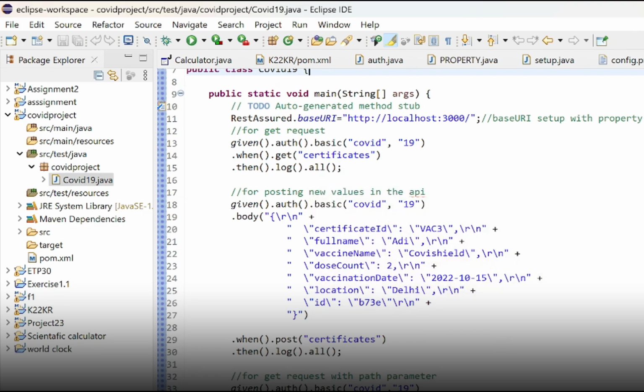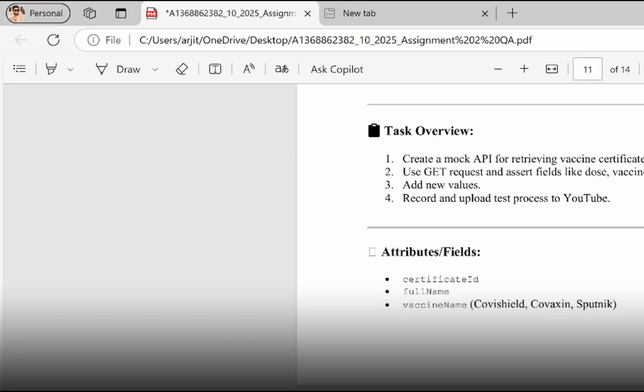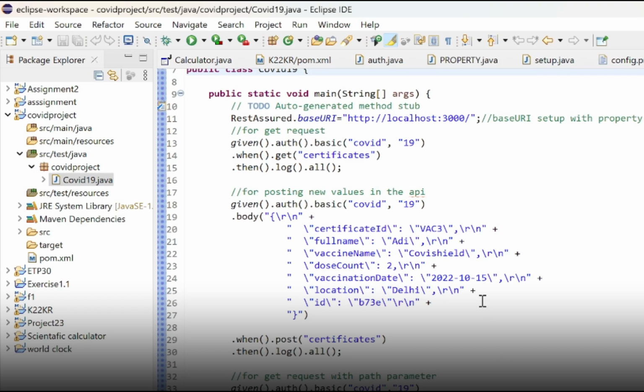Now what we need to do second is check the status code for the correct validation and for the wrong validation. For invalid we need to check for 404, and for valid we need to check for 200. Okay. Now see,